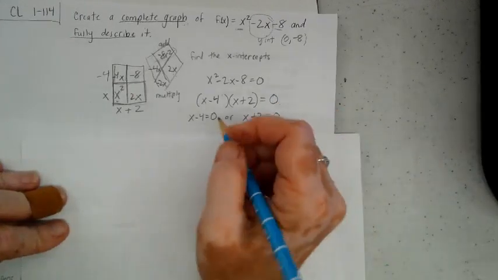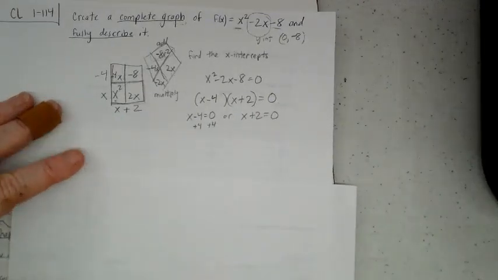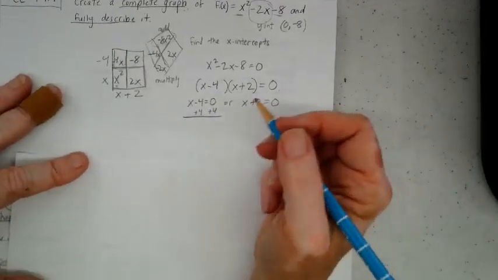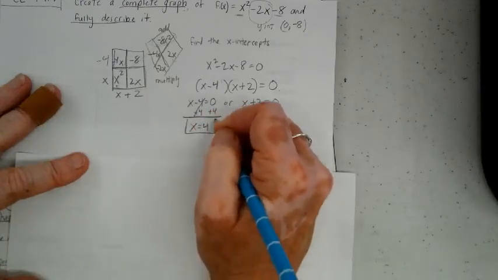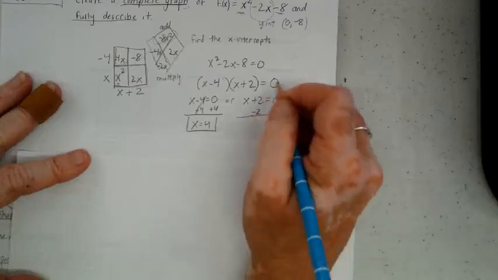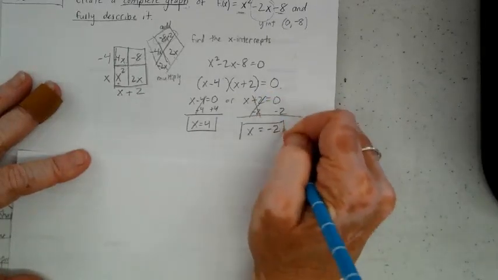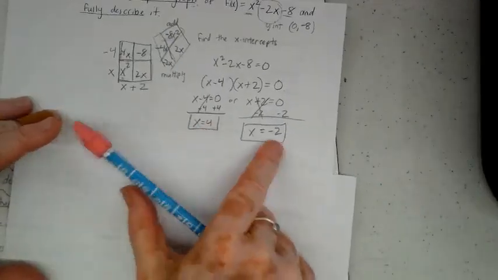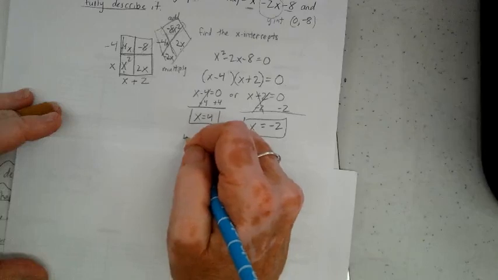And solve each of them. So this is going to be x equals 4. Normally I don't show this much work, but in case there's anyone that doesn't know how to do it, I'm just showing the whole thing. So that's where my x-intercepts are going to be. So that means I have an intercept at 4, 0